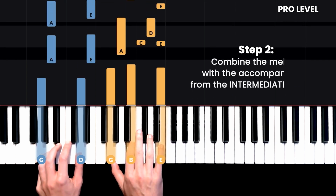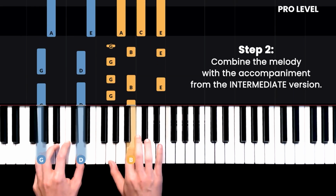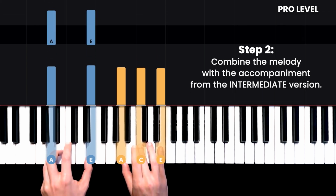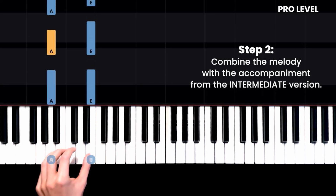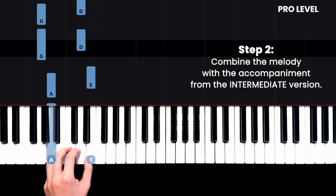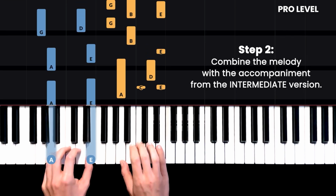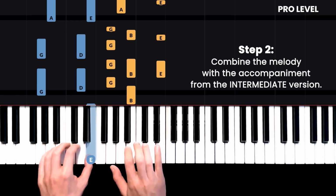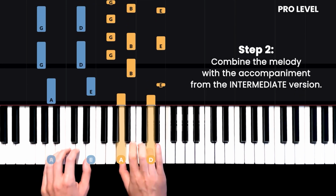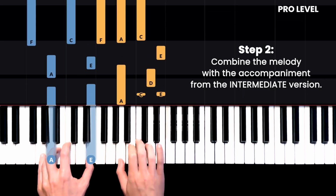And at the same time as we're doing this, we have to kind of keep the groove going with the rest of the pattern, so that no beat goes unplayed by any of your fingers. And instead of playing long, full notes in your left hand, you're going to play them staggered with this little rhythm. You're going to play that twice. Then